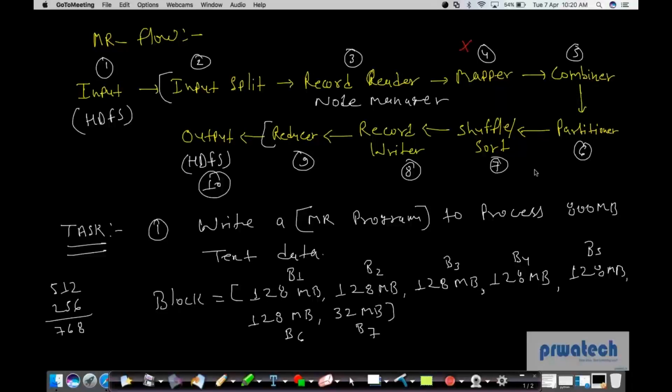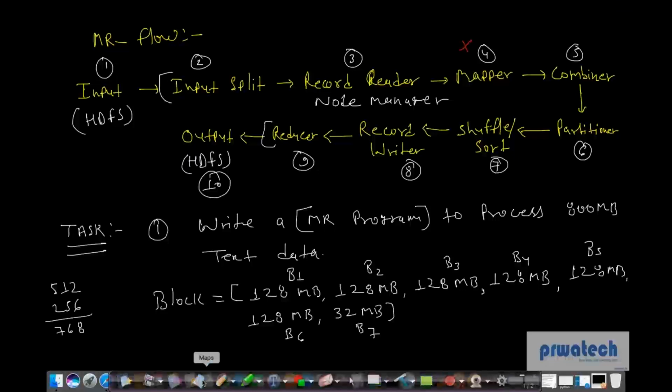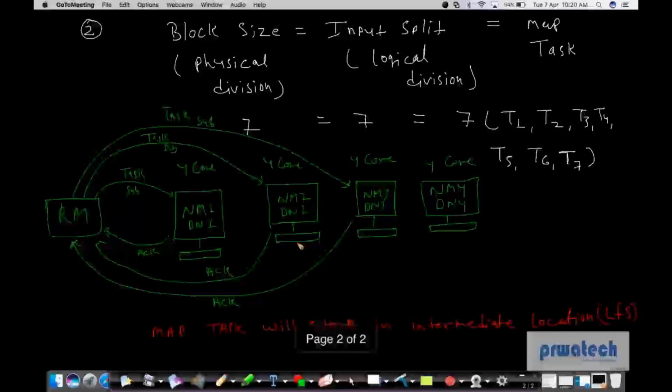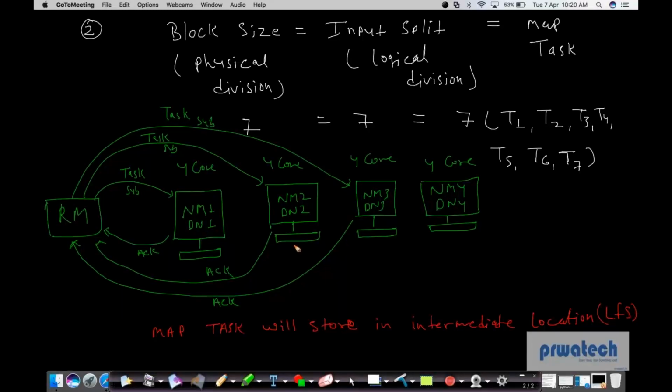Resource manager is not getting any intermediate or any output. Resource manager, if you remember, and master are only meant for monitoring purpose. Job is not done by master. Master are just monitoring and taking their information. So this intermediate output